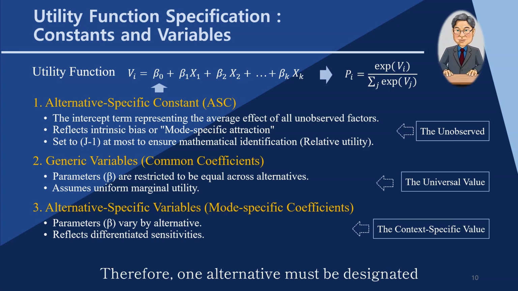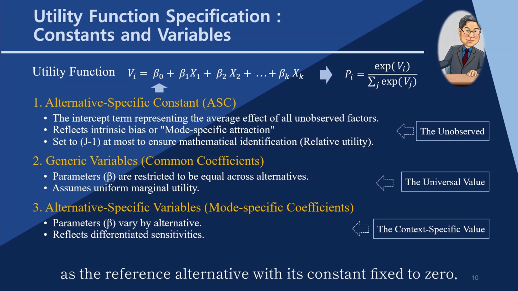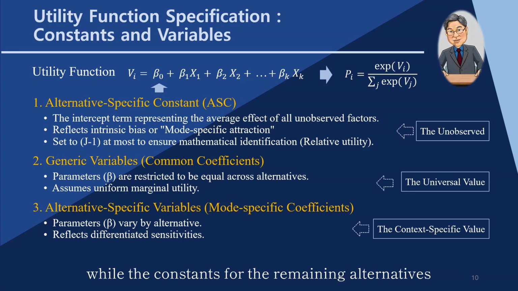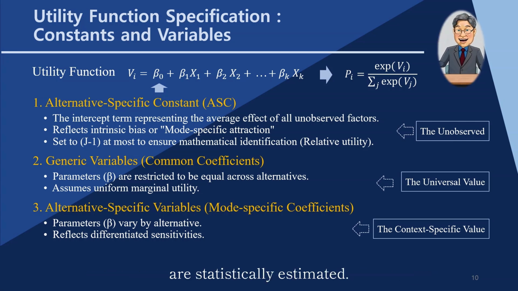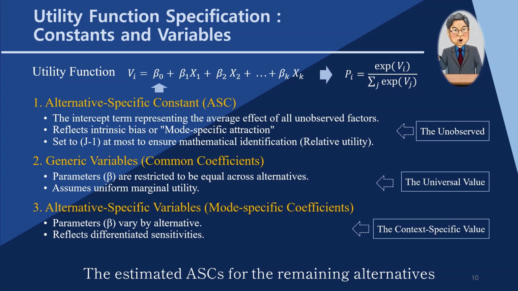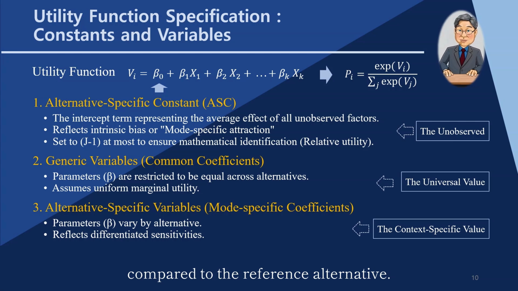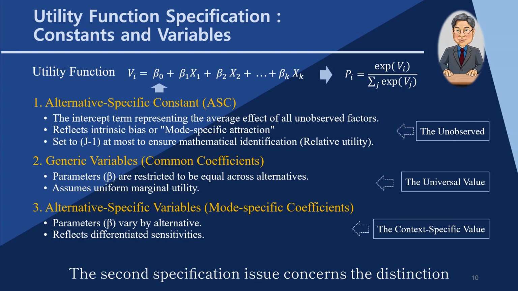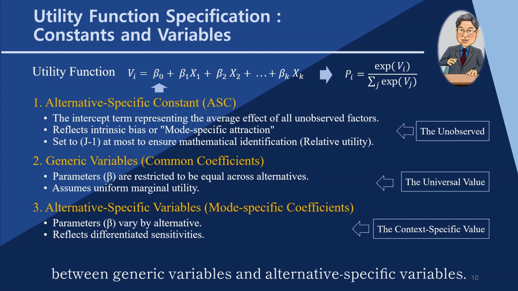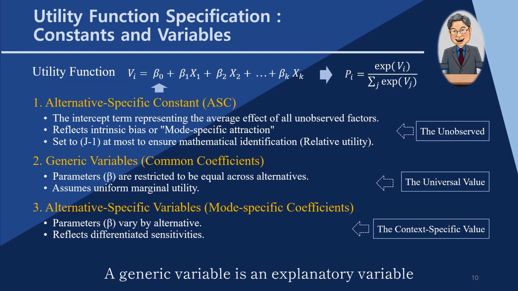Therefore, one alternative must be designated as the reference alternative, with its constant fixed to 0, while the constants for the remaining alternatives are statistically estimated. The estimated ASCs for the remaining alternatives are then interpreted as relative preferences compared to the reference alternative. The second specification issue concerns the distinction between generic variables and alternative-specific variables. A generic variable is an